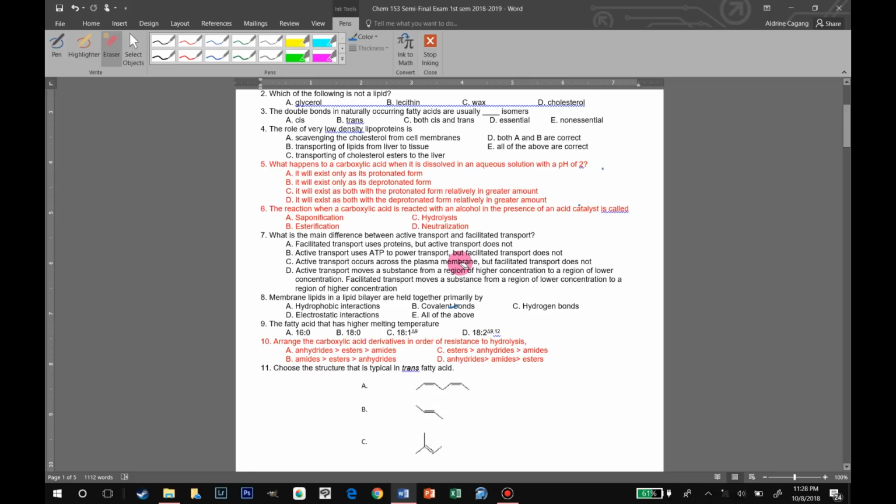Number 8. Membrane lipids in a lipid bilayer are held together primarily by A. Hydrophobic interactions, B. Covalent bonds, C. Hydrogen bonds, D. Electrostatic interactions, letter E. All of the above. So the answer here should be letter A, hydrophobic interactions. This is going to refer back to our discussion with micelles,